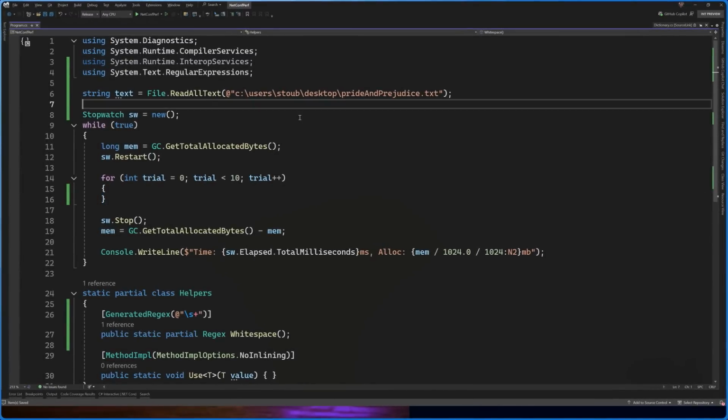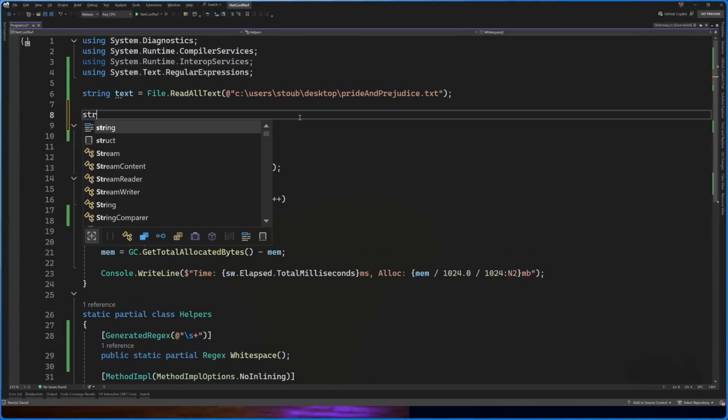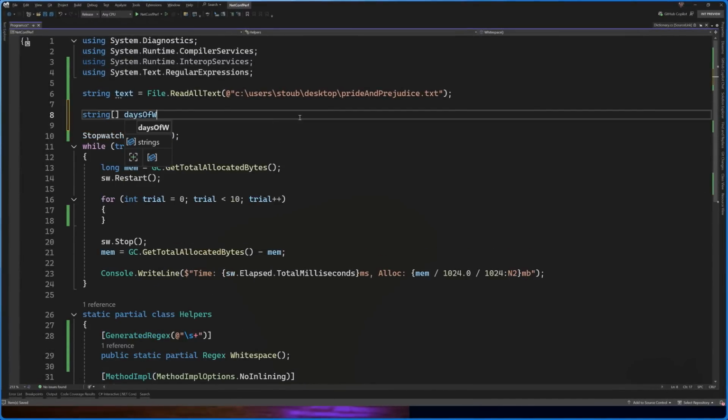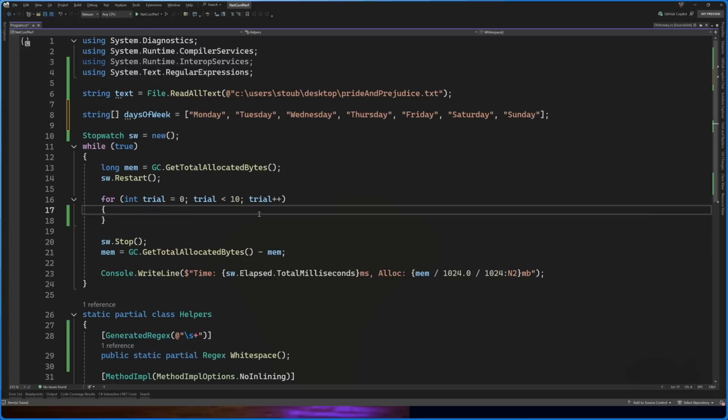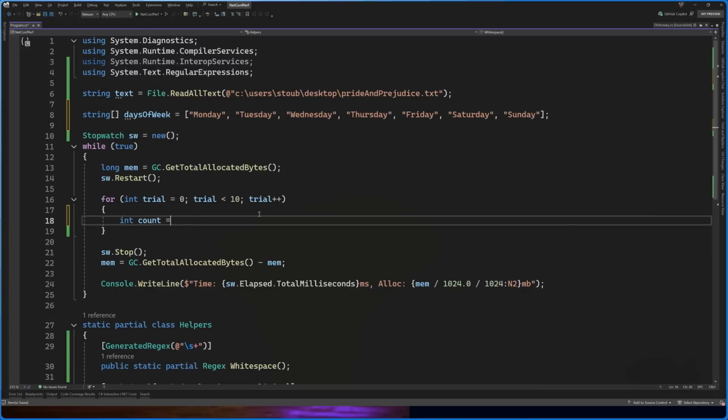Let's say that I had a string array, days of the week. Let Copilot finish that for me. Thank you very much. Monday, Tuesday, Wednesday, Thursday, Friday, Saturday, Sunday. And I want to create a count of all the times that these words occur in my Pride and Prejudice